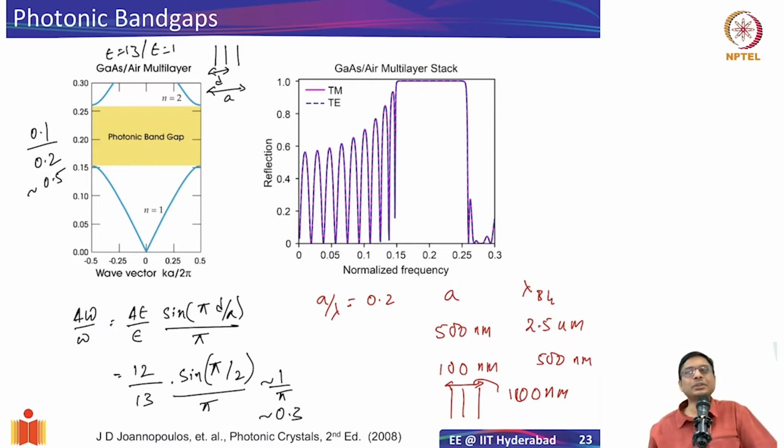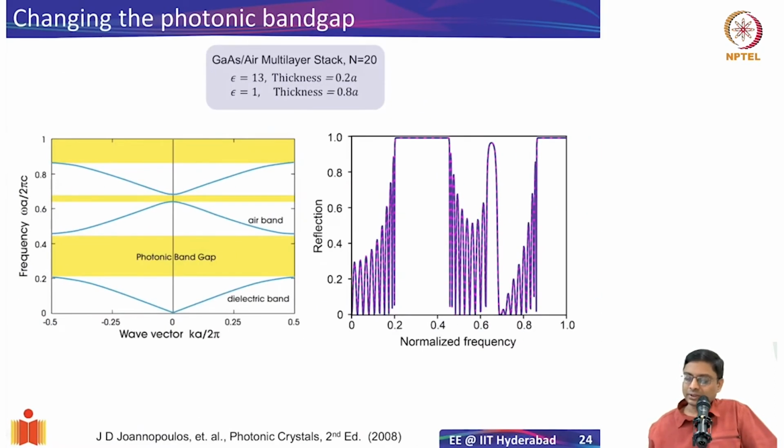So now let us think about how to actually design these structures, photonic band gaps. The way we can design is, we mentioned this, we said that this is a multi-layer stack, right? So one of the simplest things I can do is change the thickness of the index medium. For example, I'll take the same periodicity of, let's say, A, but I'll change the thickness of my constituent layers. For example, this is gallium arsenide.